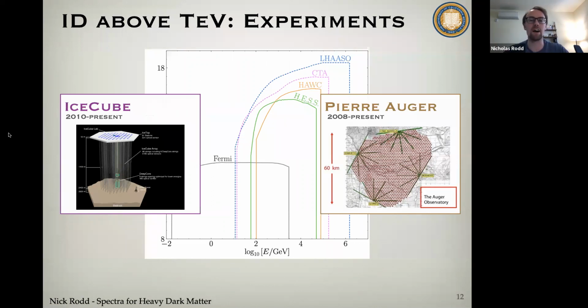So because there's this large experimental program that could potentially see a signal for dark matter, the experiments have known about this and they have been looking for it. And so just to give you an overview, what have they been doing to produce the spectra that I'm going to tell you about how to improve their calculation of today?